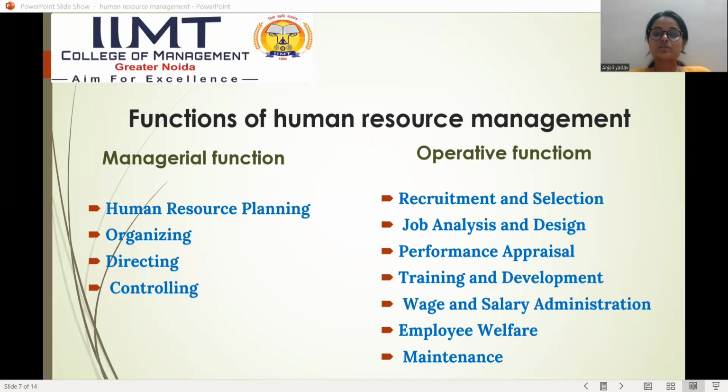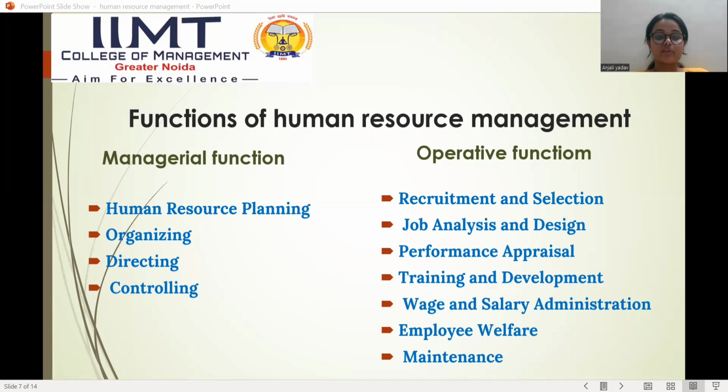So the human resource management determines what is to be paid for any particular job. Human resource management decides employees' compensation, which includes wages administration, salary administration, incentives, bonus, fringe benefits, etc.